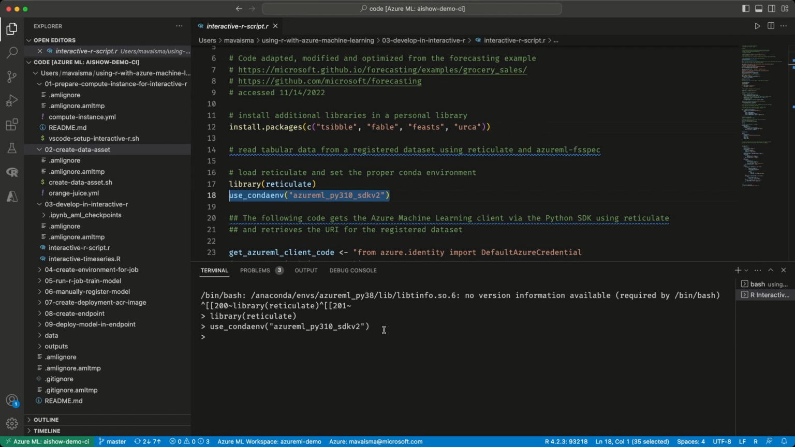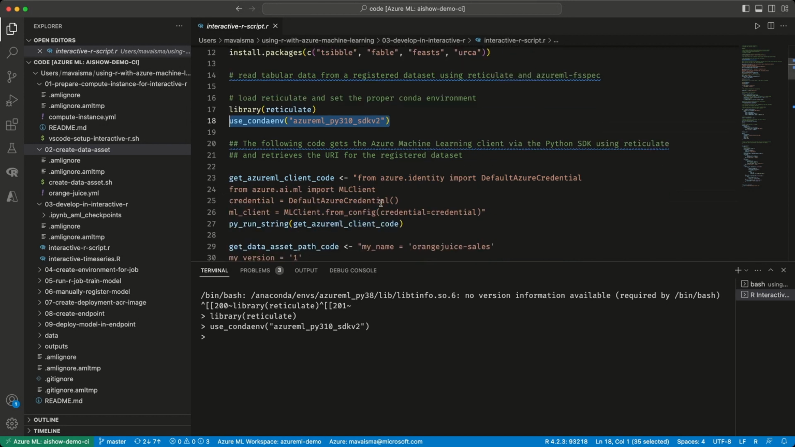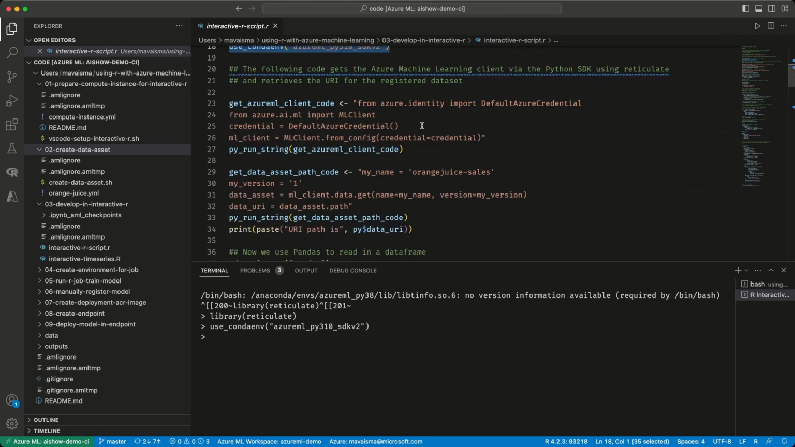The one that we're using today to read in the data is called AzureML FS spec. What that allows you to do is read tabular data from a registered data asset. If you were using Python, it reads it directly into pandas, but here we're reading it into an R data frame. So essentially using pandas as a bridge to come into a data frame. So to do that, you actually need to get the URL of that